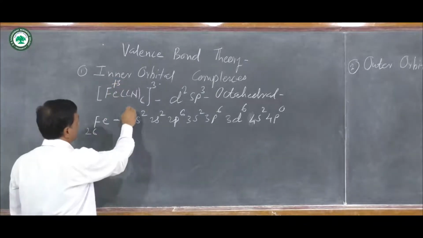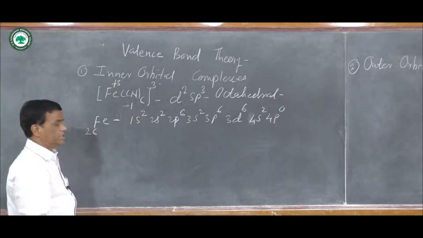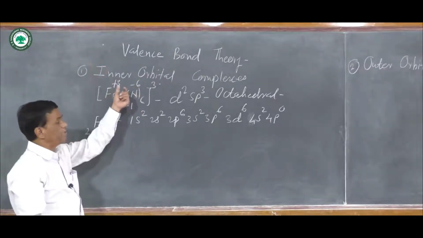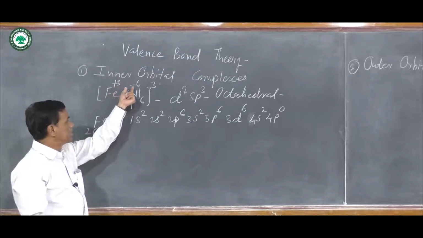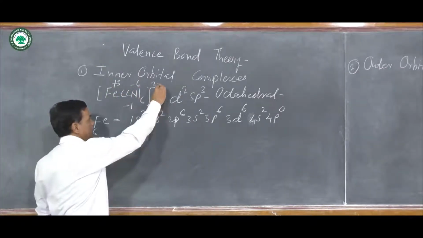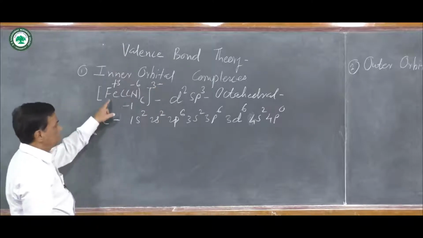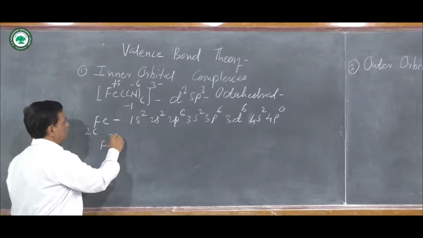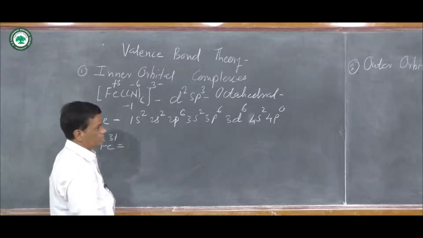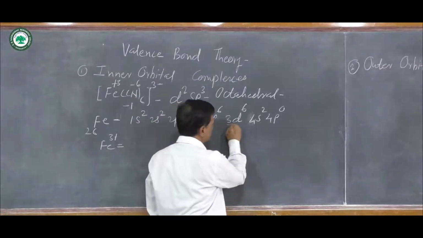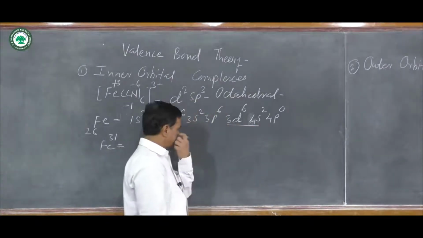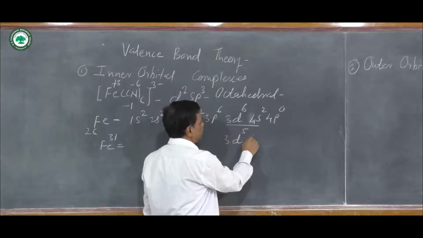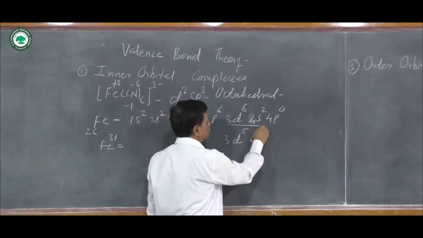It is due to the fact that on every cyanide ion there is a -1 charge, here -6, and you know that charge is determined by algebraic sum: +3 - 6 is equal to 3-. In this complex ion, the charge on iron is 3+, and 3+ means there is a loss of 3 electrons, and that loss occurs from the valence shell, and the electronic configuration is 3d5, then 4s0